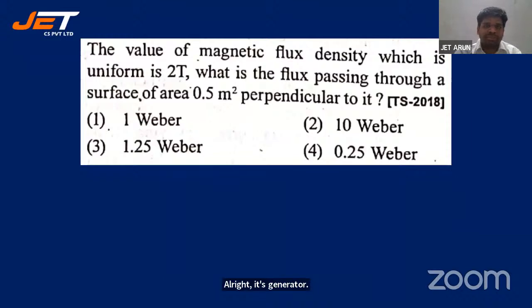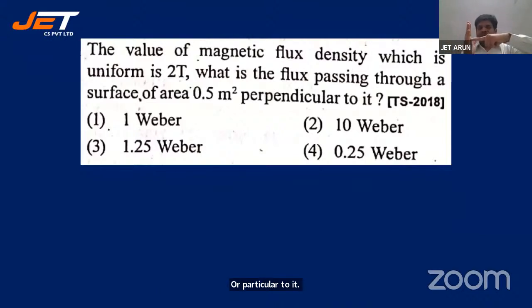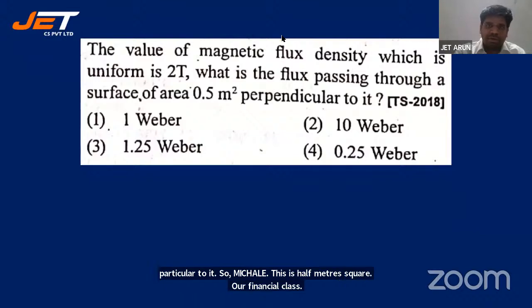Here's the next question. The value of magnetic flux density, which is uniform, is 2T. What is the flux passing through a surface of area 0.5 meters square perpendicular to it? So magnetic field is 2 Tesla. This is half meter square perpendicular to it. I have to find out the flux. What is flux? Field times